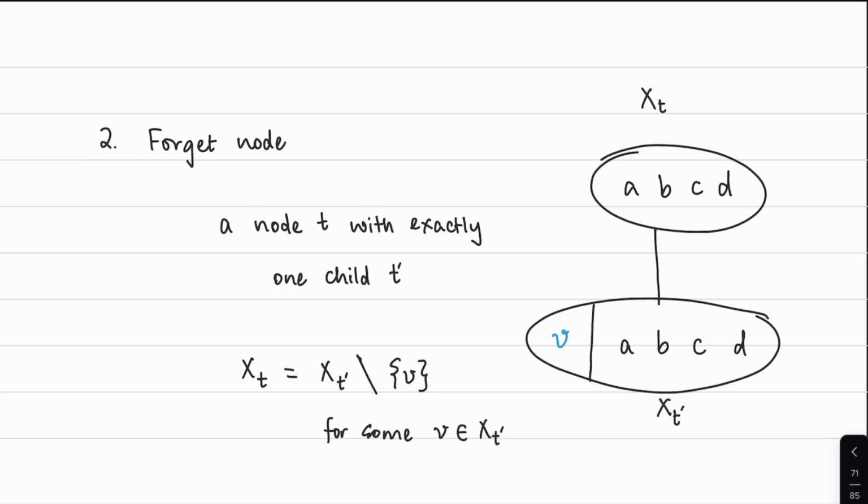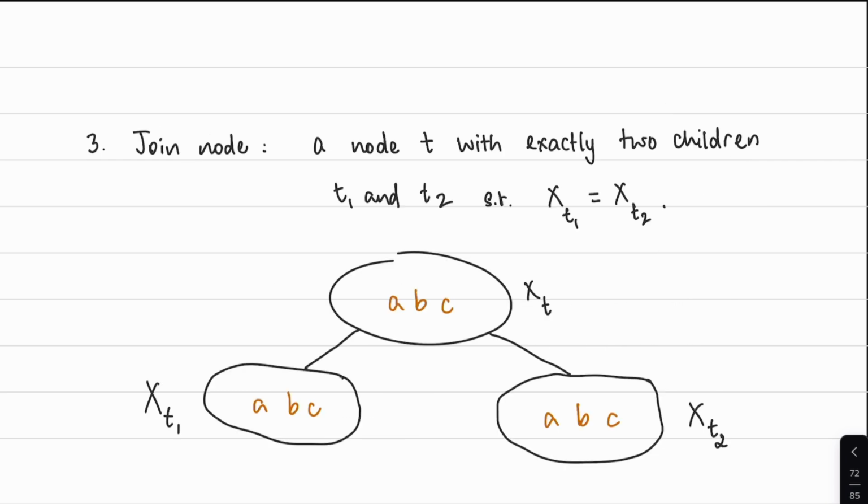Okay? So what makes a tree decomposition not a path decomposition, a distinctive where you get the branching structure? You get it from the third kind of vertex, which is a join node. So the join nodes are the only nodes in the nice tree decompositions that actually have more than one child. So a join node has two children, and the special thing about a join node is that all these three bags are exactly identical. So X_t is the same as X_t1, it's the same as X_t2,